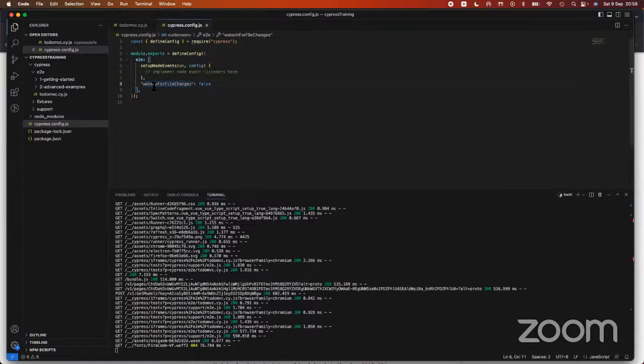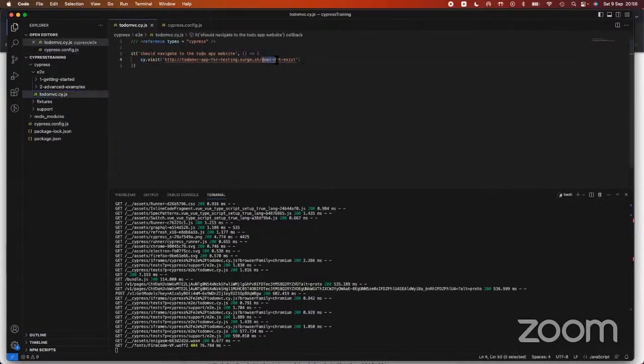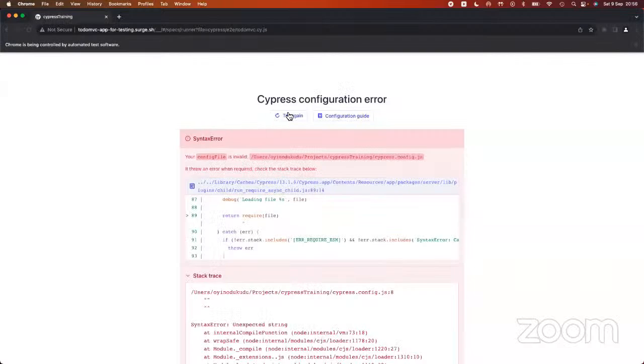Oh, watch for file changes, false. Good. So now let me remove the "does not exist" that I've added to the URL. And if I go back to Cypress itself,